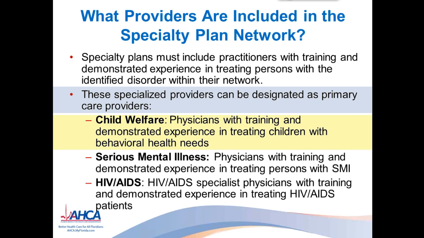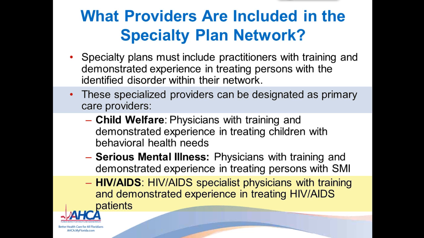For child welfare, physicians with training and demonstrated experience in treating children with behavioral health needs. For the serious mental illness plan, physicians with training and demonstrated experience in treating persons with severe mental illness. For the HIV and AIDS plan, HIV and AIDS specialist physicians with training and demonstrated experience in treating HIV and